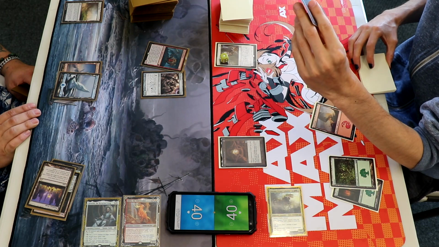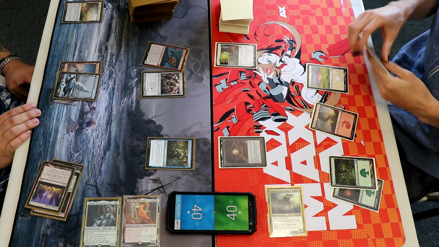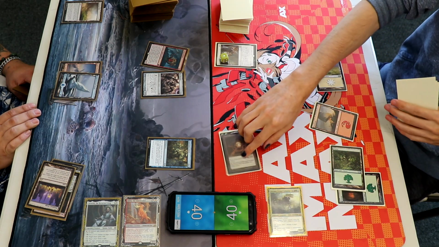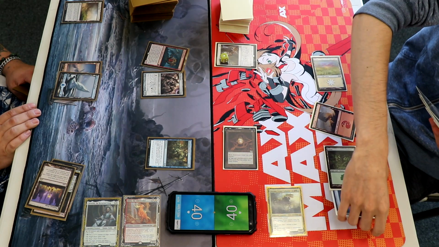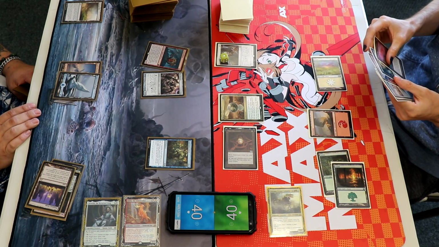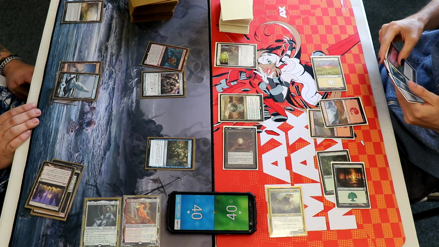This is 6 mana to change. Okay. I will tap 4, and we will tap this for Mirari's Wake, doubling all my basic lands, or all my lands. I'll play a Mountain for my land for the turn, and then I will